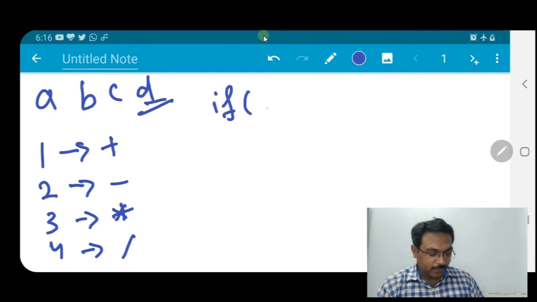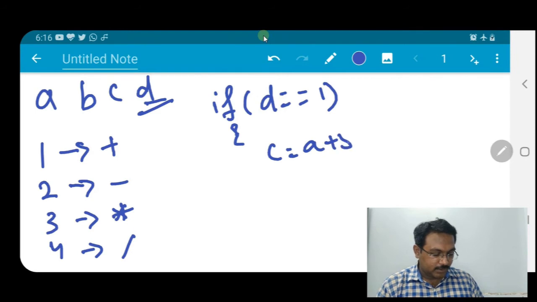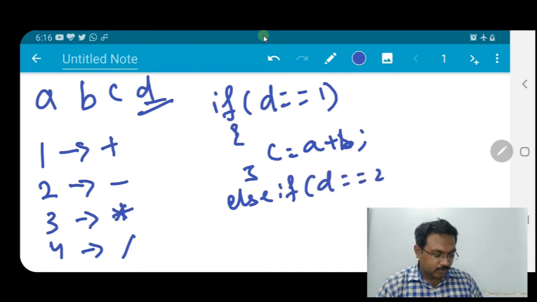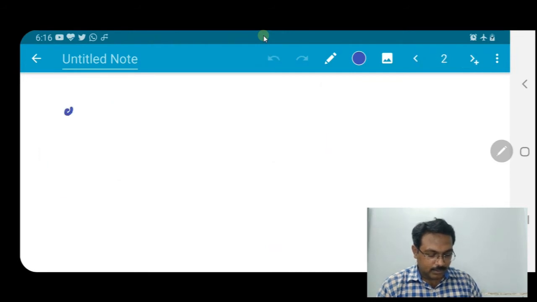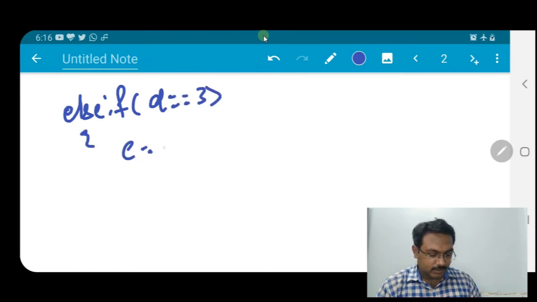So we can write: if D equal to 1, in this we will write C is equal to A plus B semicolon, curly braces end, and else if D equal to 2, curly braces start, C is equal to A minus B semicolon, curly braces end. Then else if D equal to 3, C is equal to A multiplied by B semicolon.